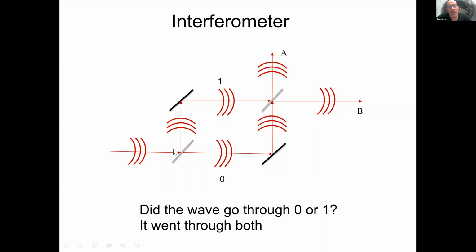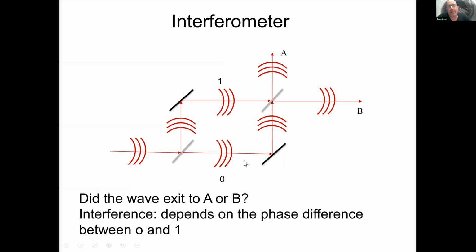If I take a wave, let's say in this example it's an optical wave, a laser beam, I can split it into two waves. And for a wave, it's not a problem. A wave is not necessarily local. I can take a wave and put a semi-transparent, semi-reflective mirror in its way, and part of the wave would reflect in one direction, part of the wave would transmit. I can then put mirrors and make the waves join each other again on a semi-transparent mirror, and then they can exit either through port A or through port B.